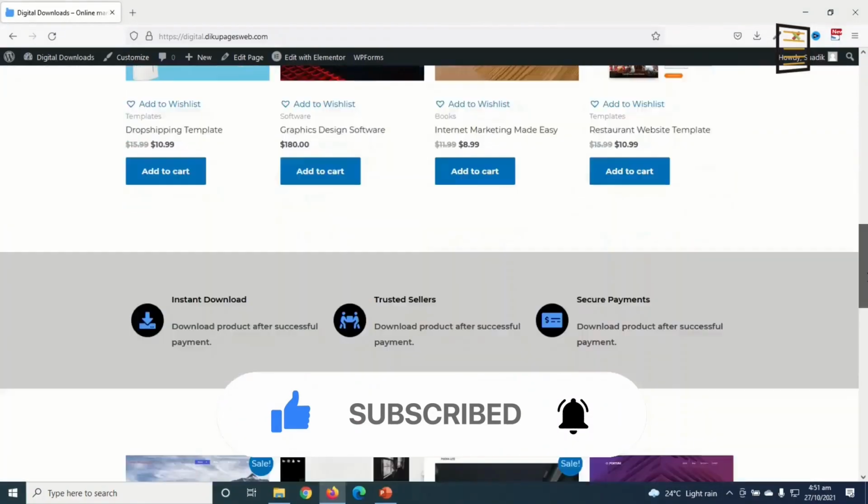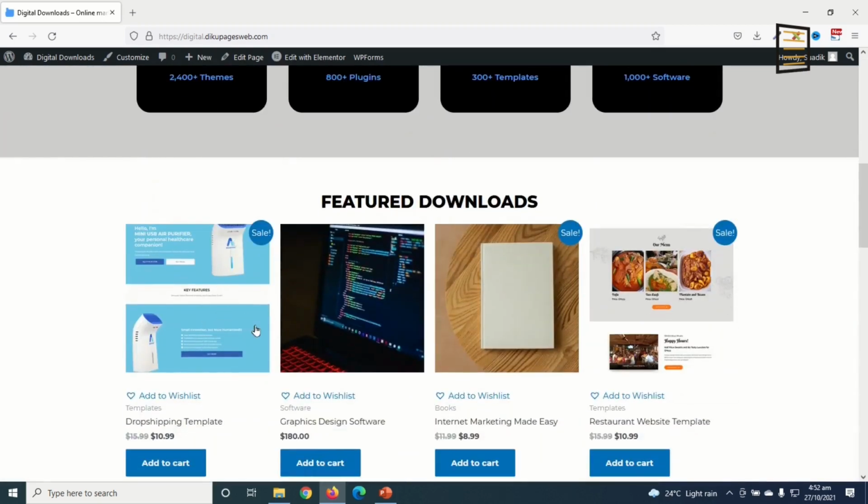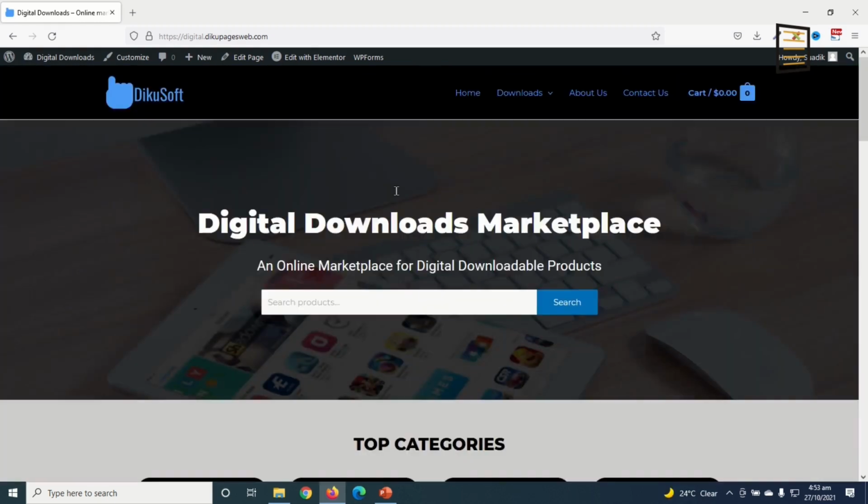So to make this website, we are going to use only free resources. The only thing you need to pay for is a domain name and a web hosting, which is a standard for every website. A domain name is simply the address of your website, and a web hosting is a server where your text, images, and other files will be stored so that people all over the world can have access to it. And don't worry, I'll take you to a web hosting provider where you get the cheapest price ever.